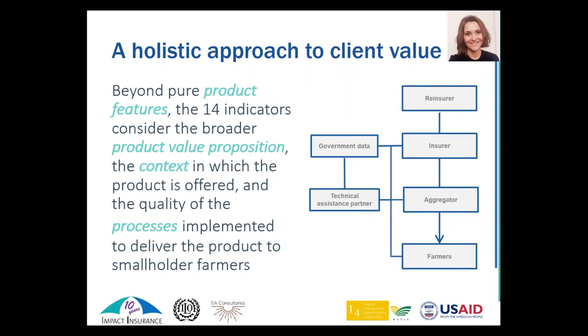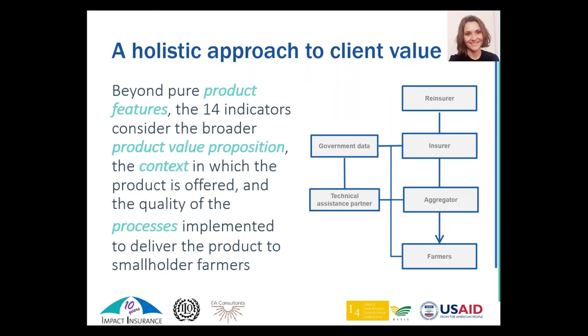So sometimes it will be lack of information around it, lack of understanding of key features, delays in payment of indemnities, difficulties accessing payouts. And so some indicators will really focus on these aspects.